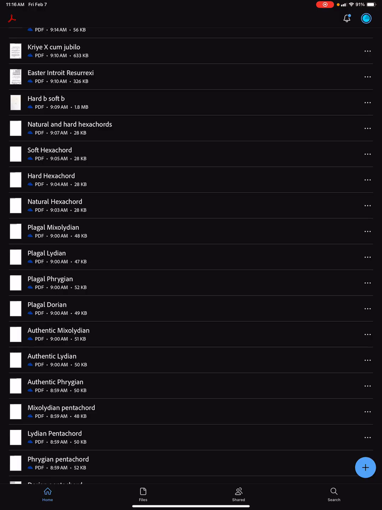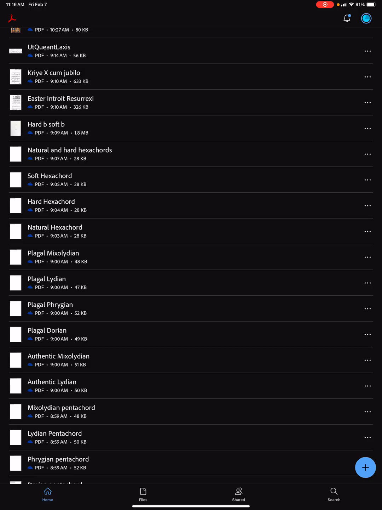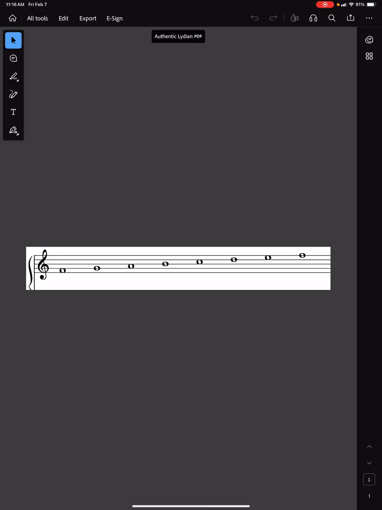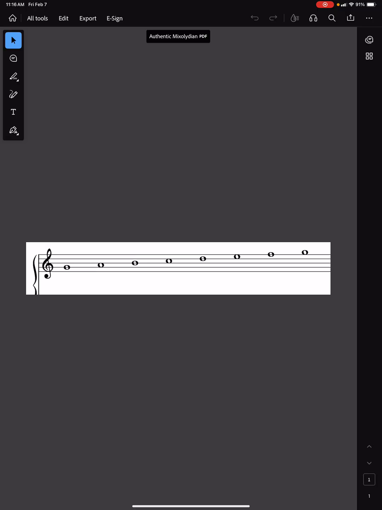For Phrygian, here's our final. Remember, the reciting tone would be here, but they didn't like singing on the bottom of a half-step pair, so the reciting tone was here. Here's our original pentachord, and here's the tetrachord they added to complete it. For Lydian, here's our final. Here's our reciting tone. This is the original pentachord. That's the added tetrachord. And then finally for Mixolydian, final, reciting tone,